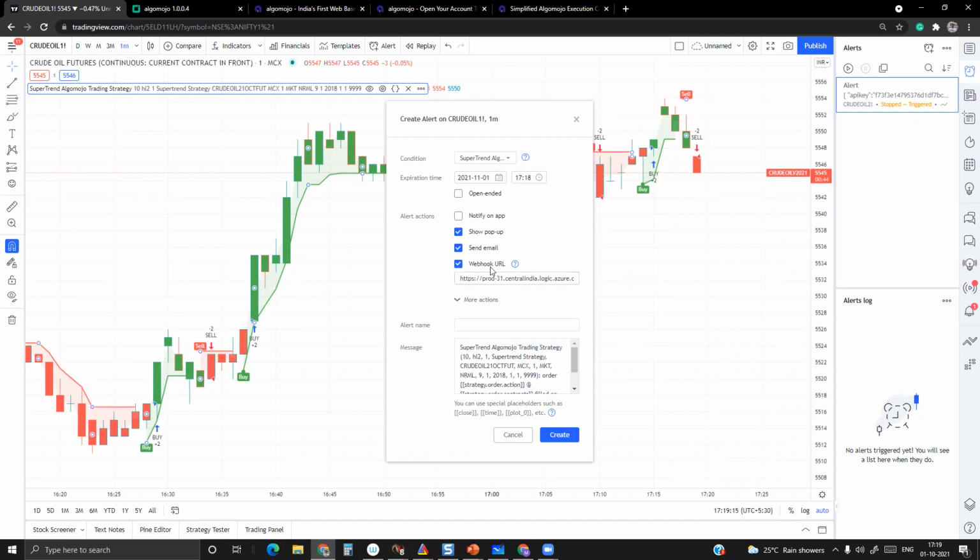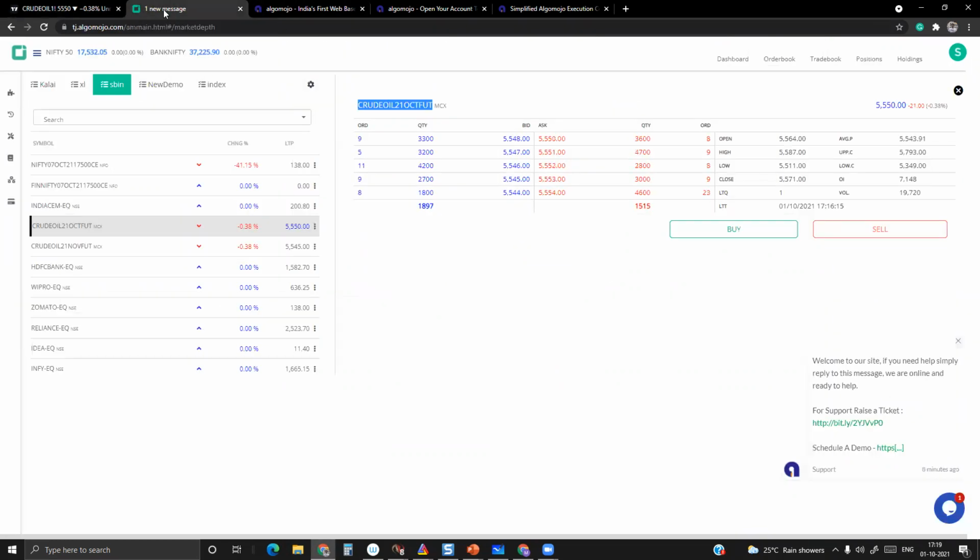Now in this webhook URL, what you have to put is the corresponding broker's webhook URL. So how do I know which URL I have to transmit? It's very simple. Again, you go to the API documentation section, go to place order.